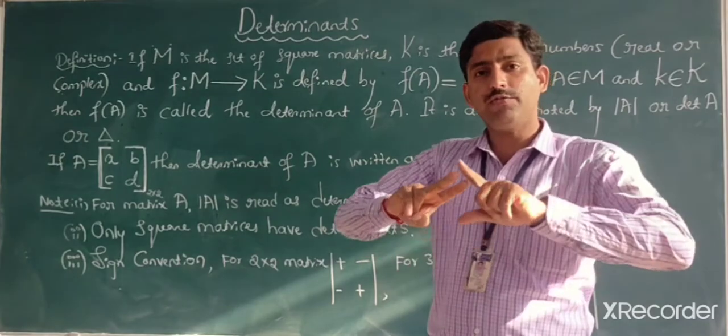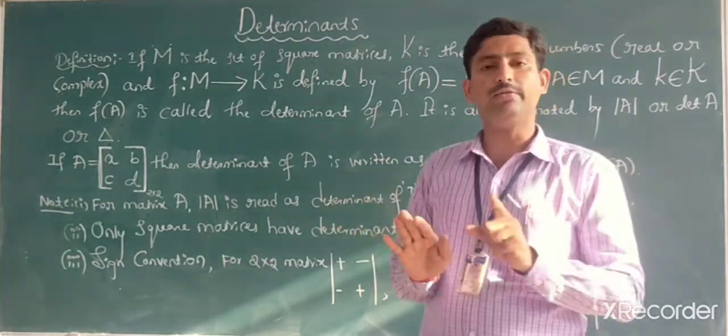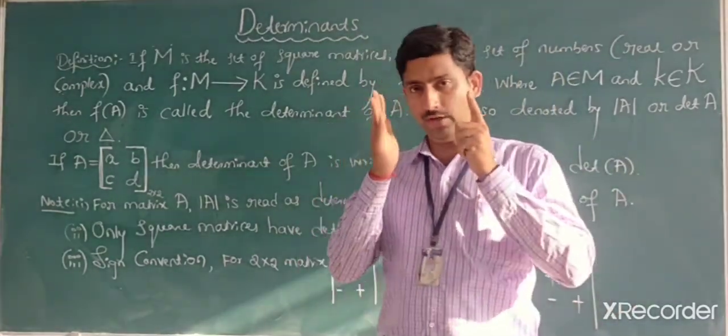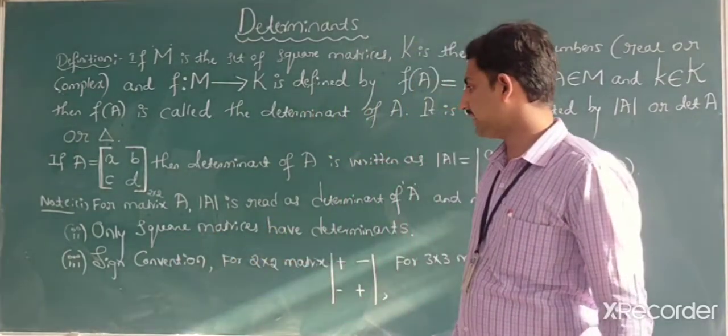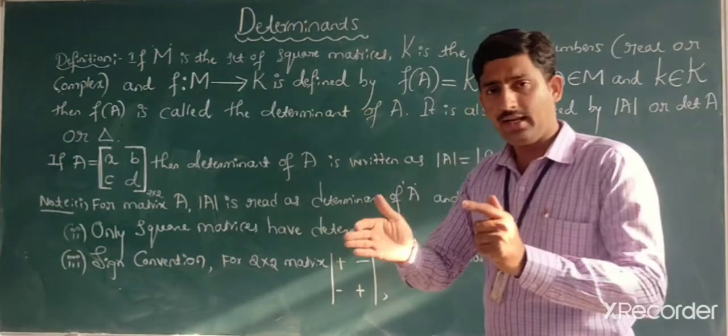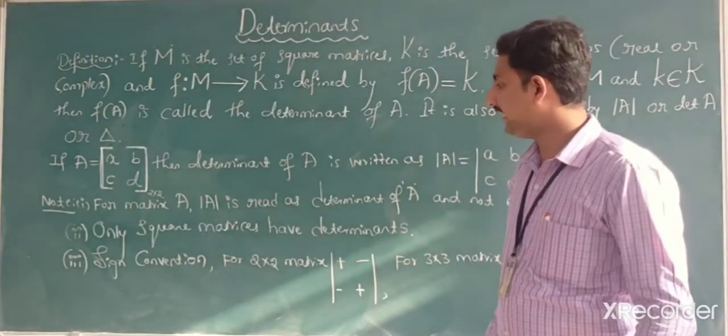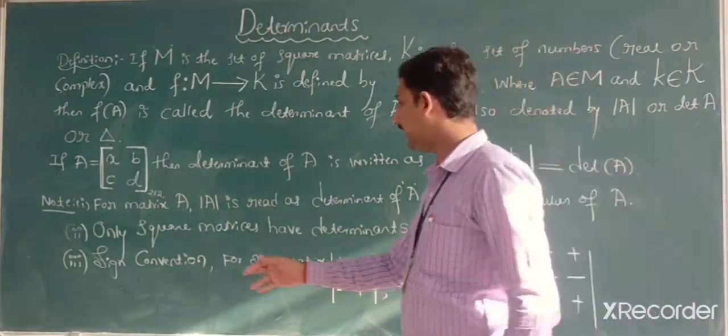If the matrix is of different orders, then the determinant will not work. Therefore, the determinant will work only for square matrices. I will give the conclusion while taking the examples. Better you think about the sign